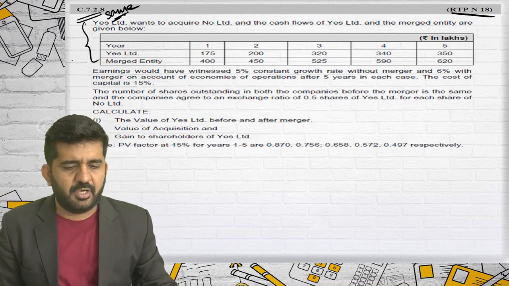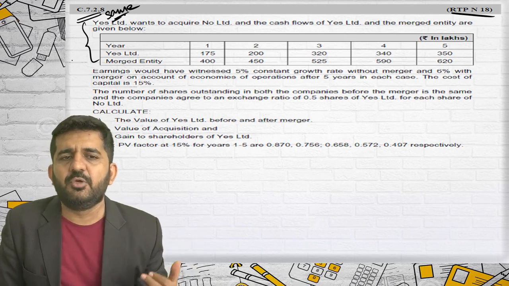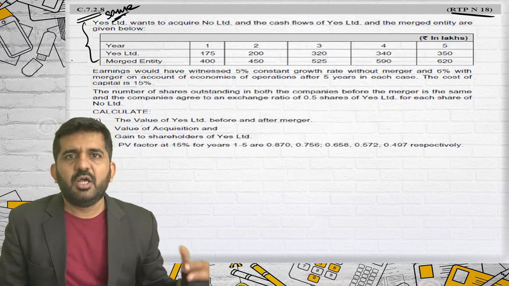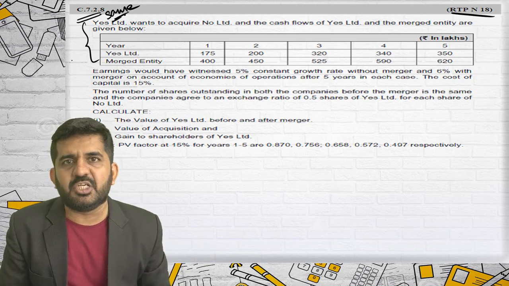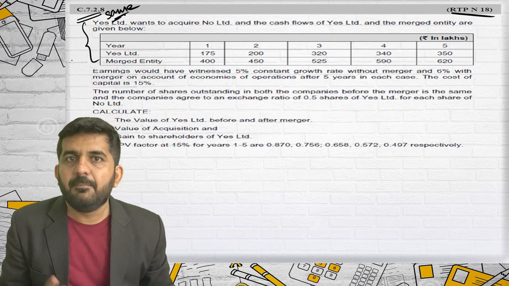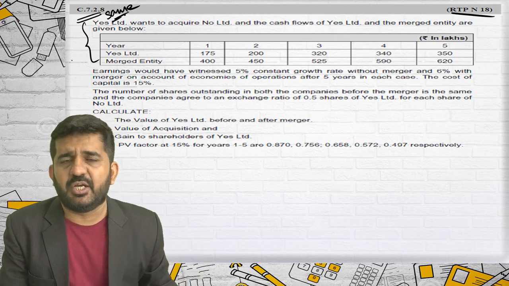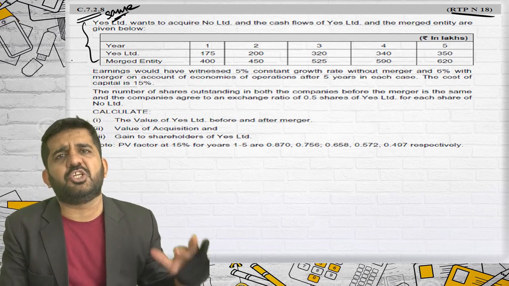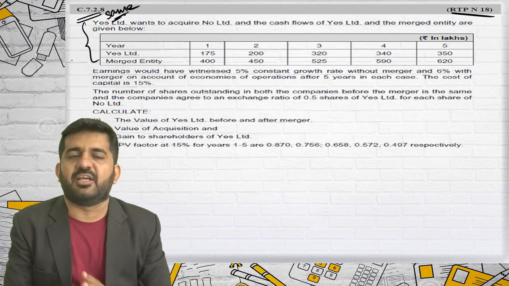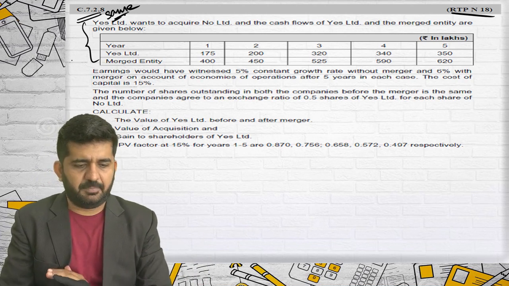These are the second category of sums where normally the selling company's value is to be found out by finding the present value of future cash flows. These are somewhat typical questions. If you are revising the day before the examination, all this type of question should be revised because they are not repetitive. And third will be mixed questions. They might be based upon exchange ratio, based upon market price, but they are mixed questions, not direct questions like in category number 1. So we have divided this chapter into just 3 parts.